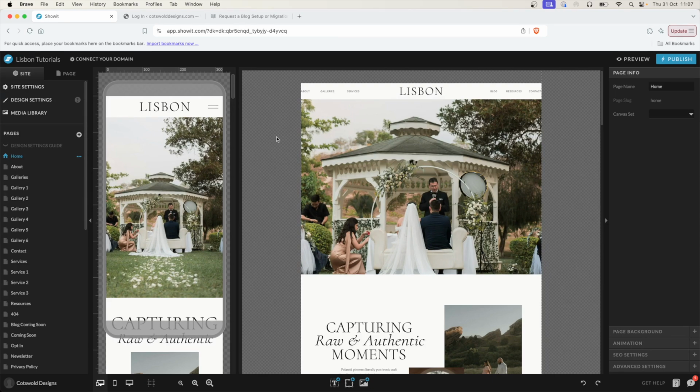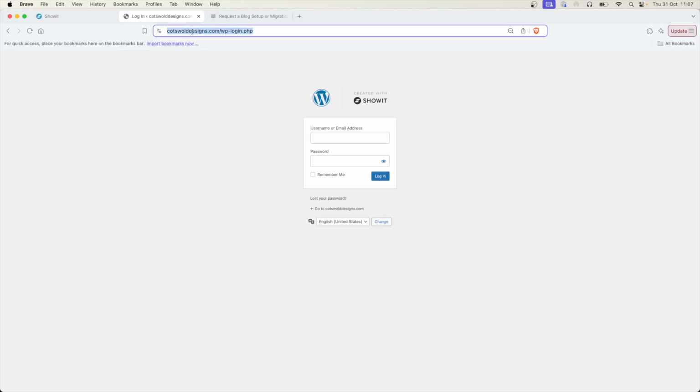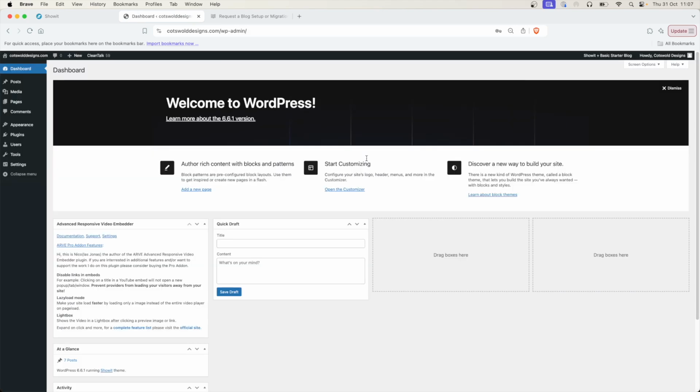So first of all, we need to log into WordPress and update some settings. So if you go to a new tab, and to log into your WordPress, you'll just want to copy and paste your website domain, and then add /wp-login.php, and just log in with the same details that you use to log in to Showit. Once you're logged in, your WordPress dashboard should look something like this, and then we'll go to the left panel